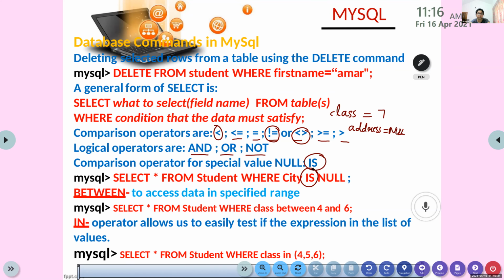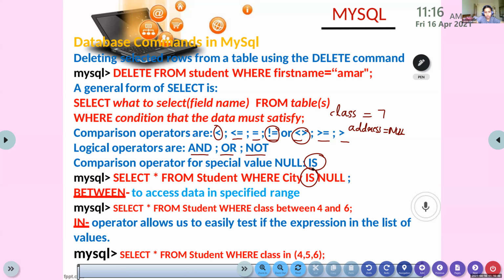Okay, now let's see the next thing. If you want to check for a range, select star from student where class between 4 and 6. What's the meaning of this, Raina? In a specified range.